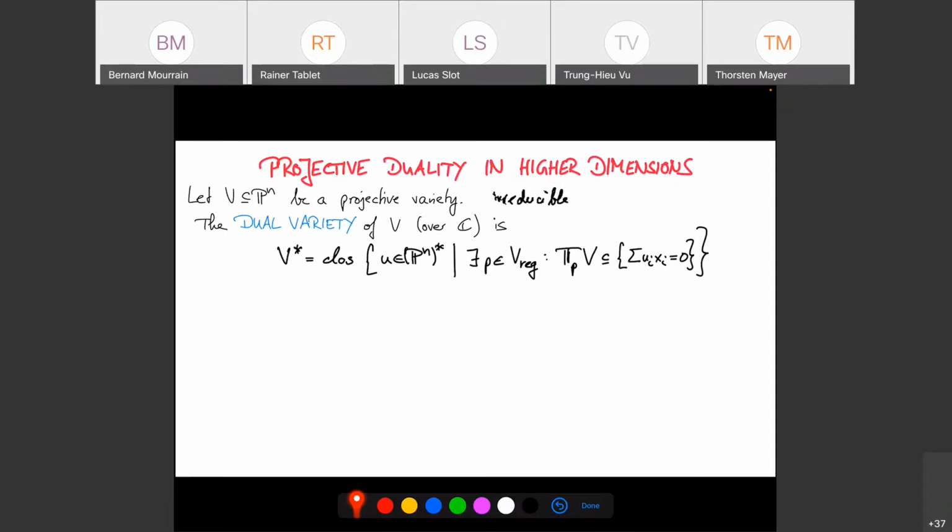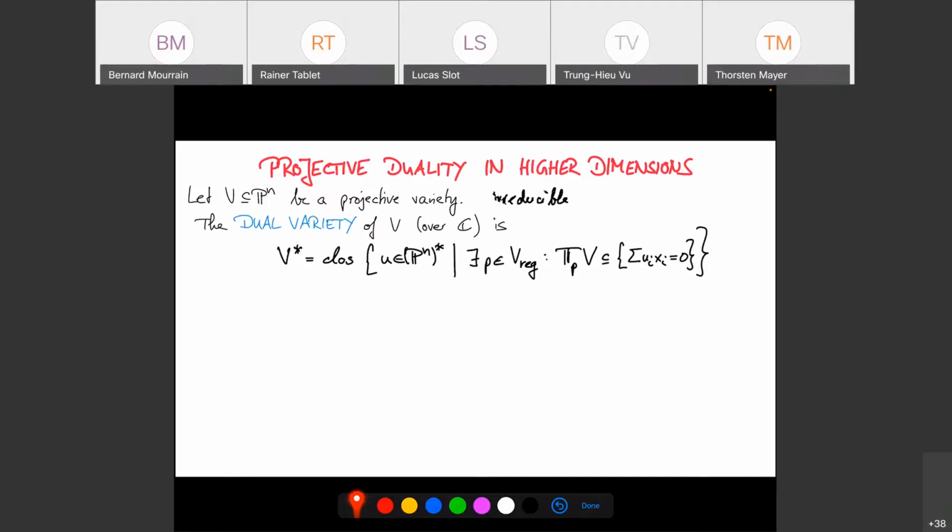But if I have, say, a curve in 3-space, then the tangent space at the point will be a line. So what I'm going to do is collect all hyperplanes in P3 that contain this tangent line. So this is what I wrote down here. You take all u's in the dual projective space. This just means you represent a hyperplane in Pn by a normal vector. The normal vector is unique up to scaling, so it's an element of a projective space. That's the dual projective space. So I identify a hyperplane with its normal vector.